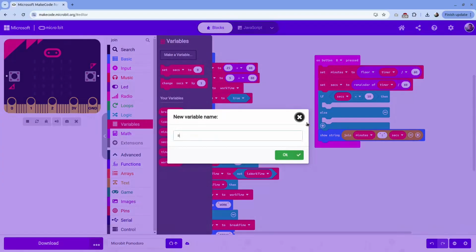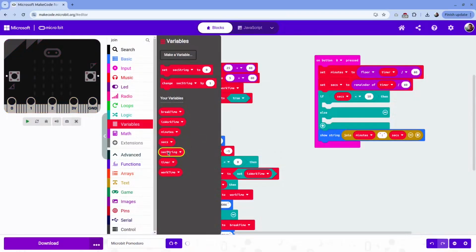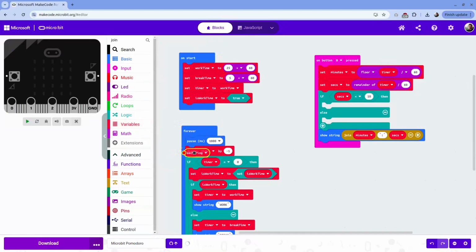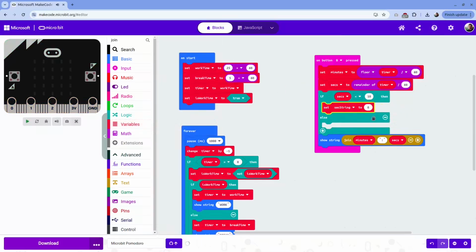We will introduce a new variable called second string, and we would like to set it first. So we want to set second string to